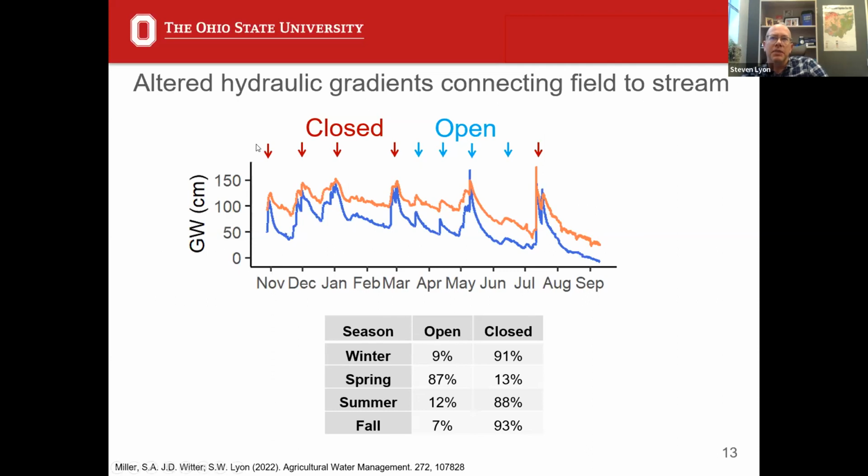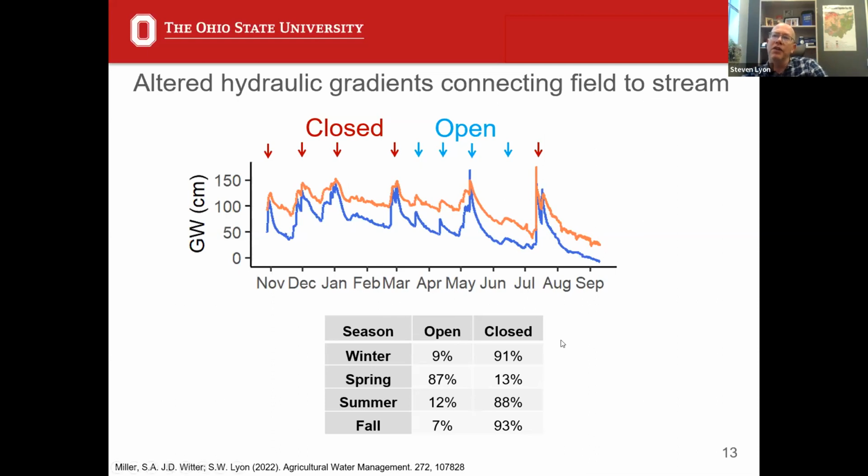Looking across this period of time, these red arrows are highlighting the periods where there are rainstorm events or precipitation events, and the system is fundamentally in a closed setting. The system's being managed actively. So during these periods, we can see that the response, this gradient, is where these lines get close together, relative to this period where the system is primarily open. Here, when we have a rainfall and a change in groundwater position, we see that the response is fundamentally different. Those two lines don't get close together, right? So that means that we have a difference in the hydraulic gradient, or how water wants to leave this system, relative to if the system is functioning as an open or a closed type control system.